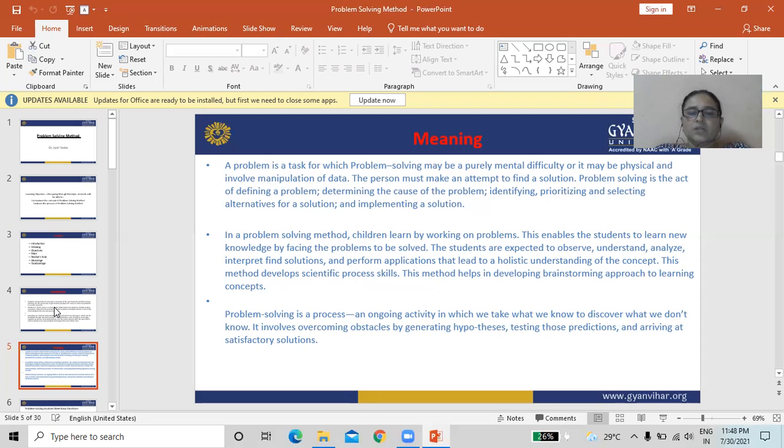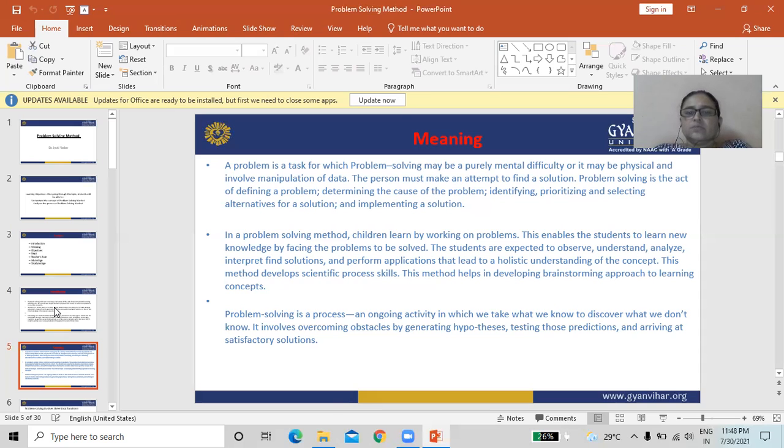It involves overcoming obstacles by generating hypotheses, testing those predictions, and arriving at a satisfactory solution.